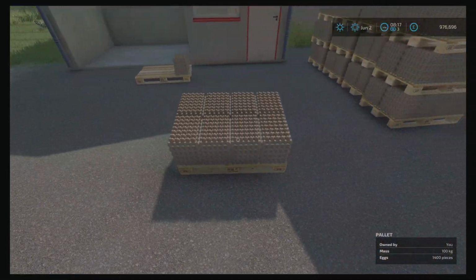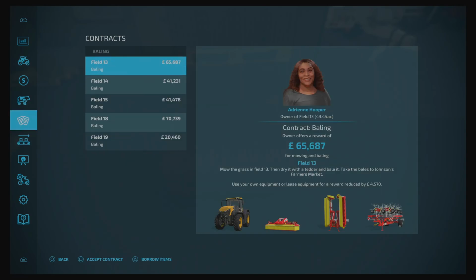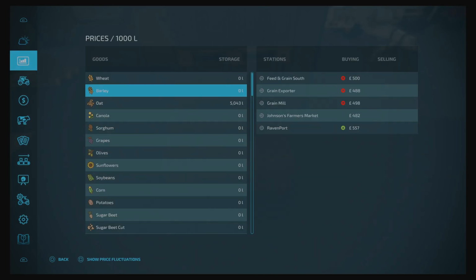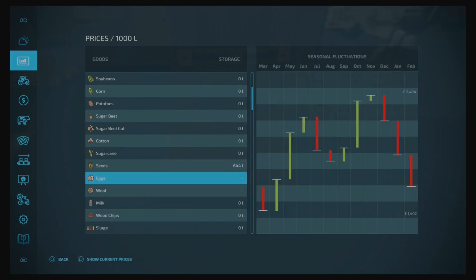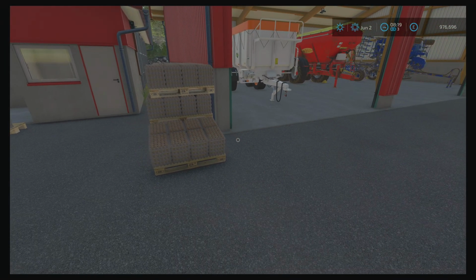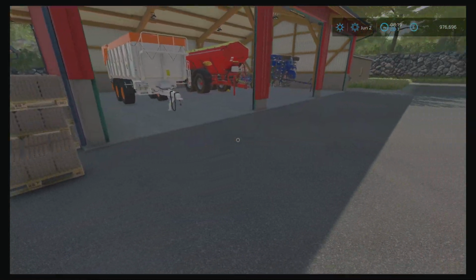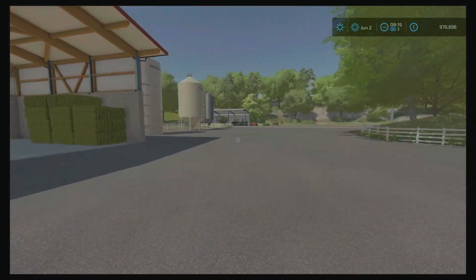No, we'll not be selling them yet, I think. When's the best time for eggs? Isn't it like December or November or something? Yeah, November. So, I mean, the bakery's mine, isn't it? I was going to say the price at the bakery isn't that bad, but we need to get one of the smaller tractors